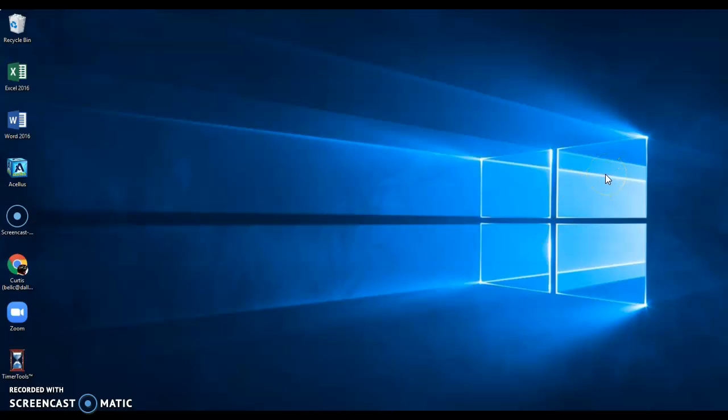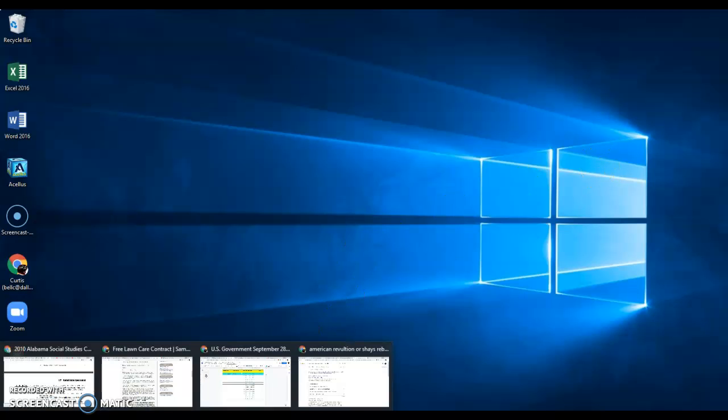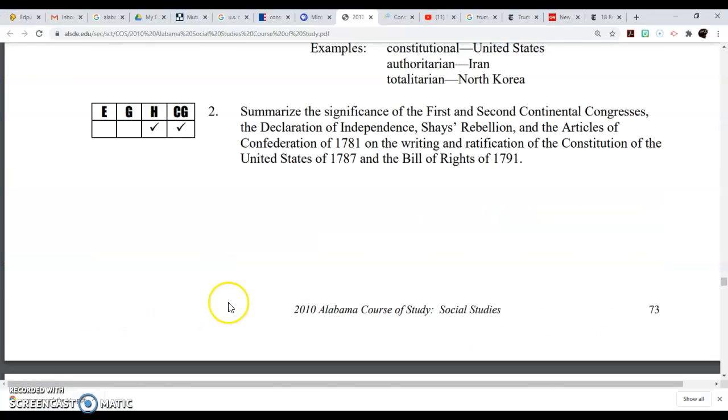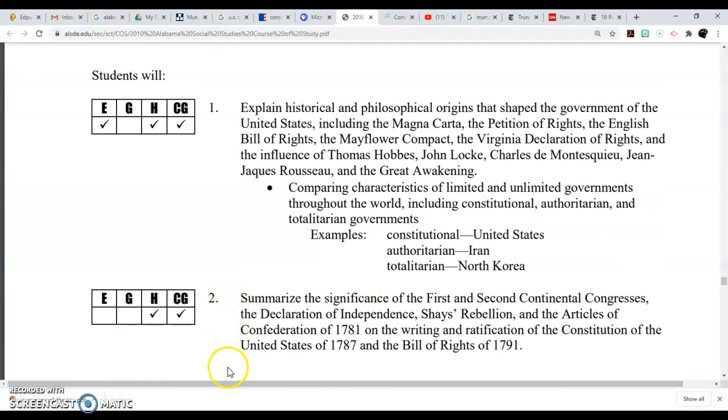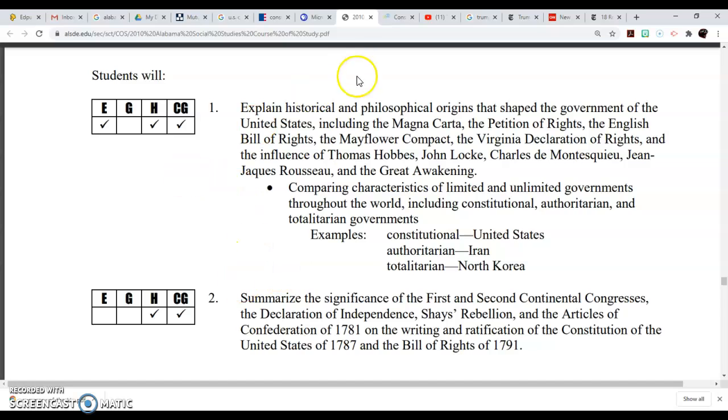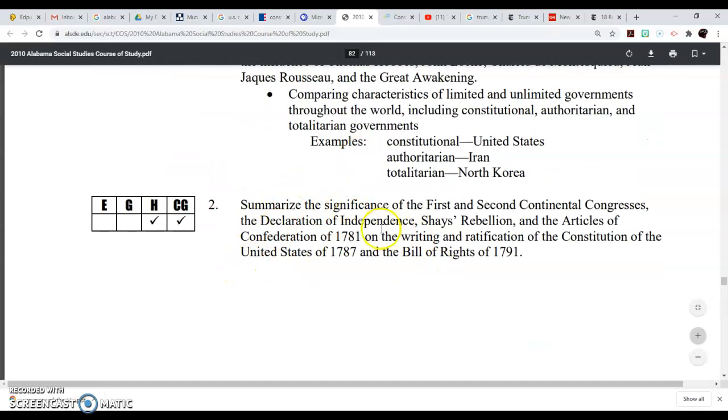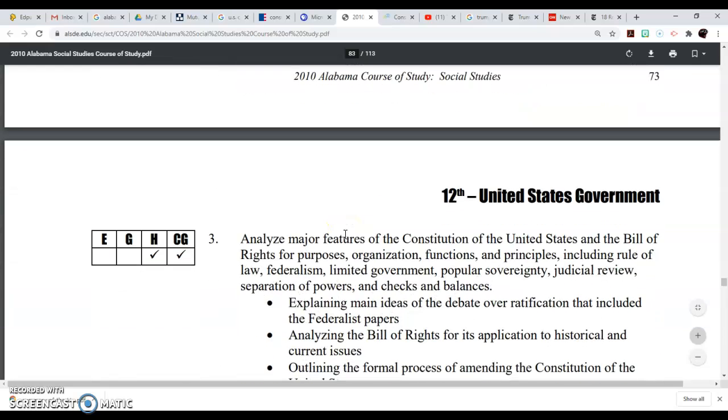This is Mr. Bell. Today, you're not having a Zoom meeting. However, I wanted to show you what you were doing today. Today, of course, I am out, but I wanted to make sure that you had everything that you need to fulfill your lessons. First, of course, we were on Standard 1, and then our next step is Standard 2. Standard 2 bridges us to Standard 3.